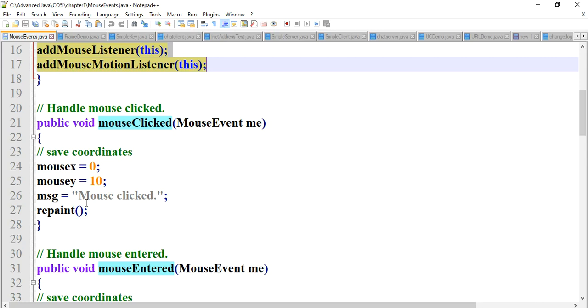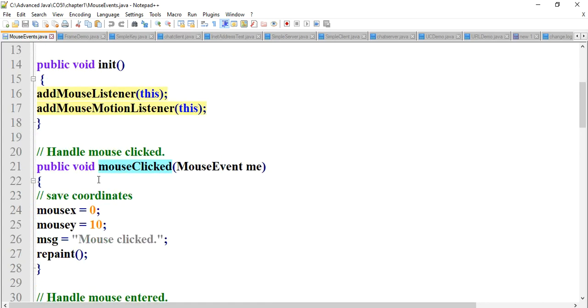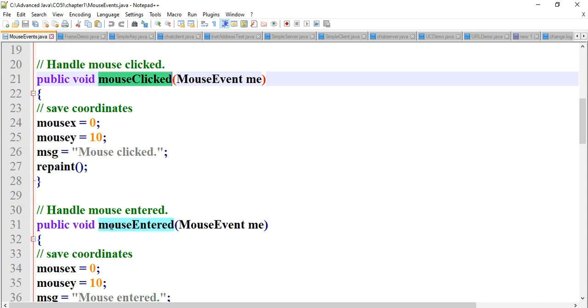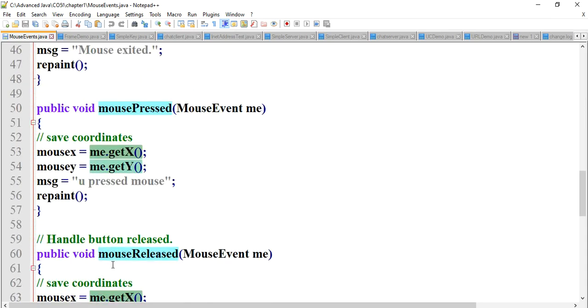Now which methods are we using? The mouse listener interface has five methods. Which five? mouseClicked, mouseEntered, mouseExited, mousePressed, and mouseReleased. These five methods belong to mouse listener.